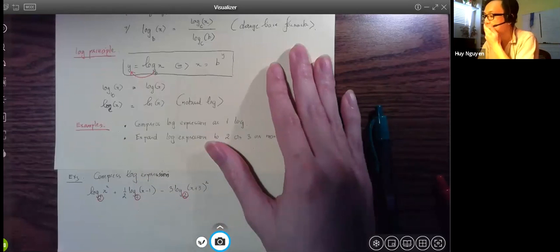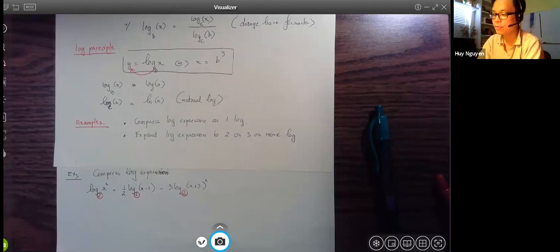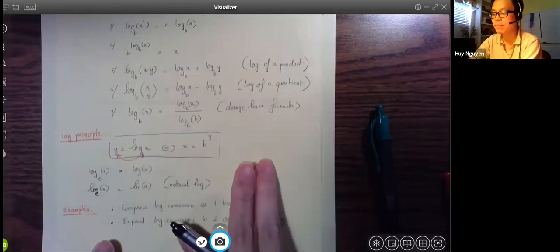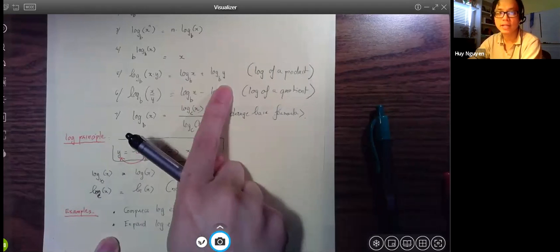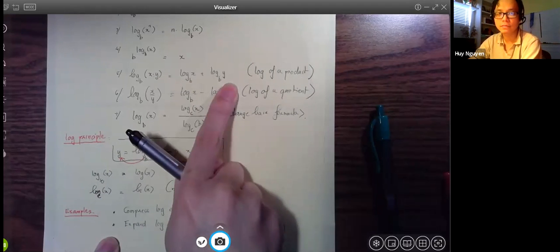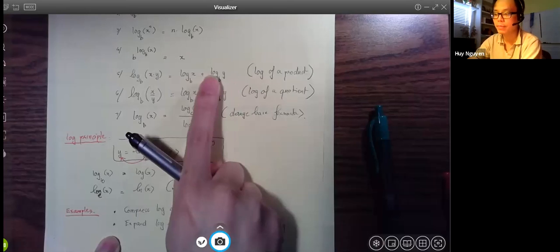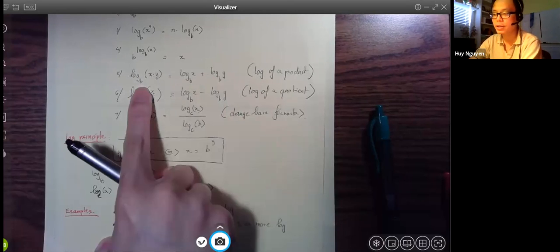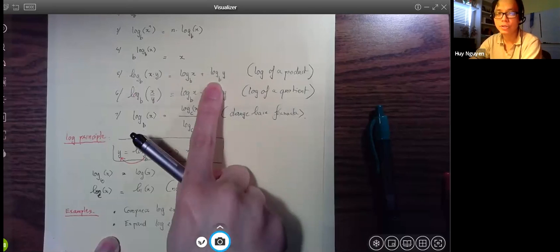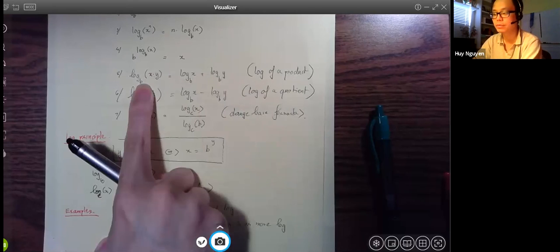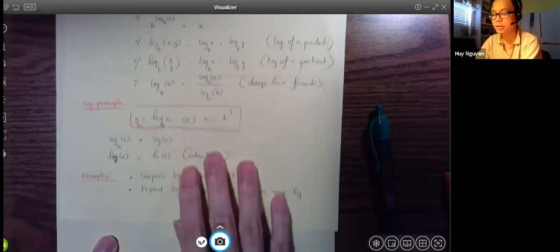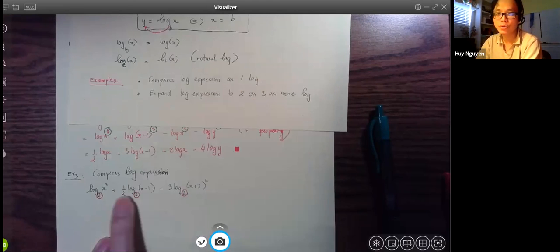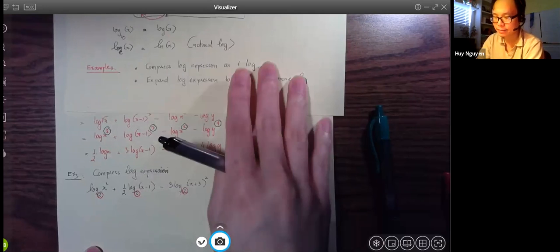All right. Now we see that over here we have the sum of 2 logs, and the only formula for the sum of 2 logs is number 5. I'm going to go backward, so I'm going to combine 2 logs into 1 log. You see that I'm going backward. However, before doing that,